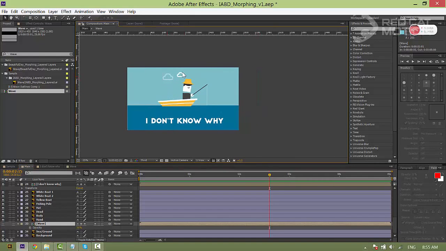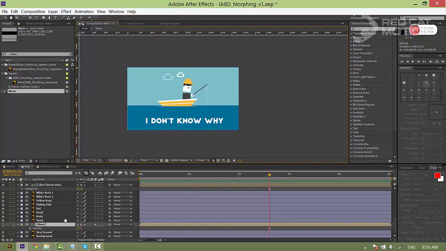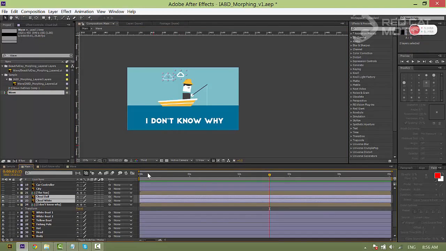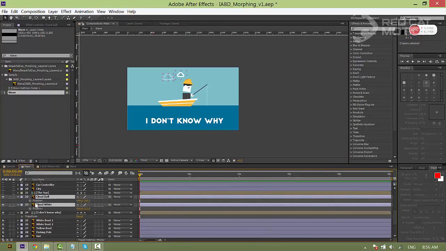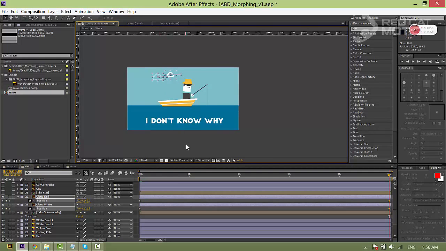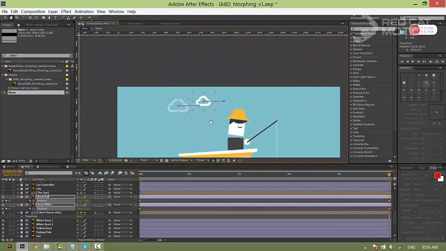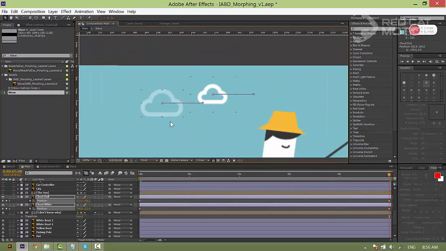There are two clouds here. I think I will animate them before animating the text. I don't know why. I select the two clouds, press P on the keyboard, click keyframe, keep this position. At the last frames, I drag it to the right like this. Do you notice that when you move, you have this motion path like this? Here there are empty boxes. These are the starting and end positions of the cloud. You can select and drag it.